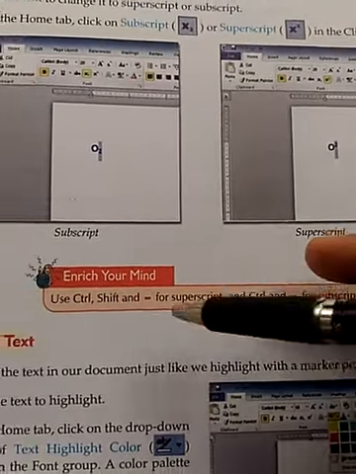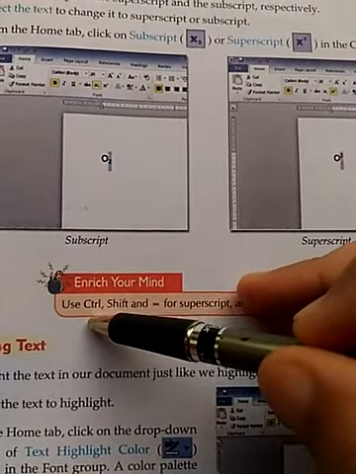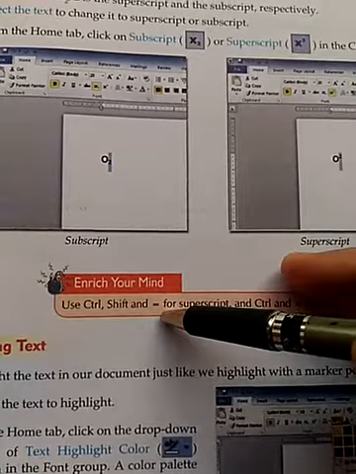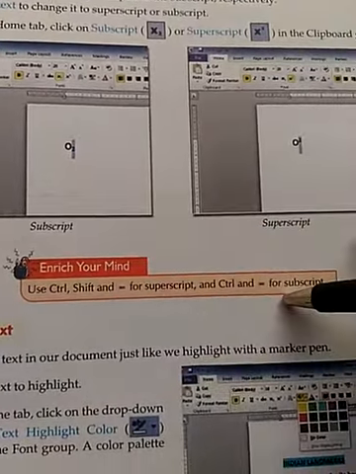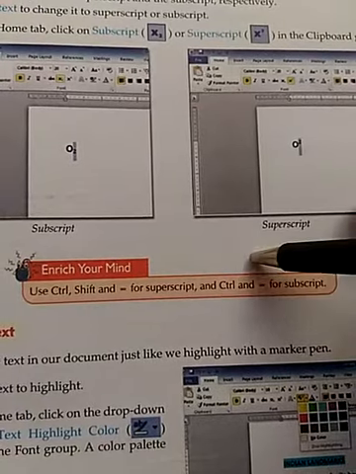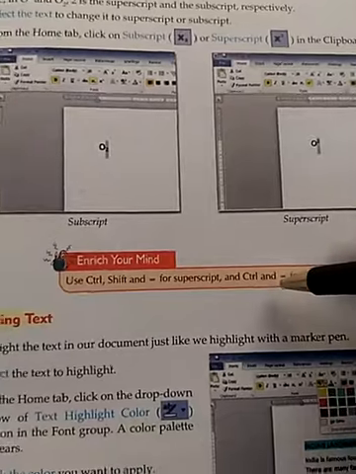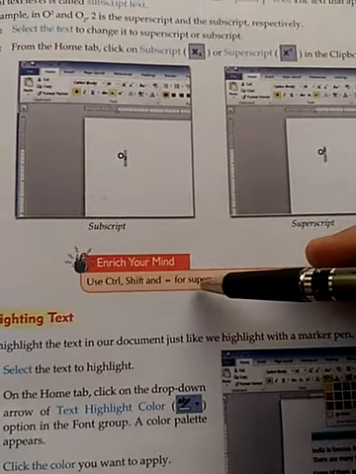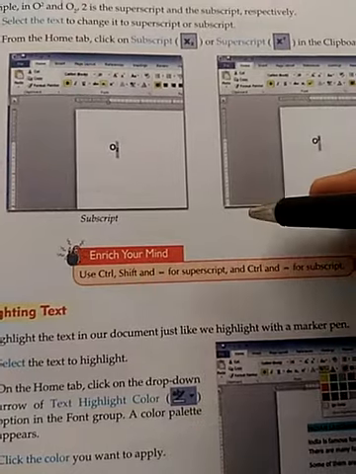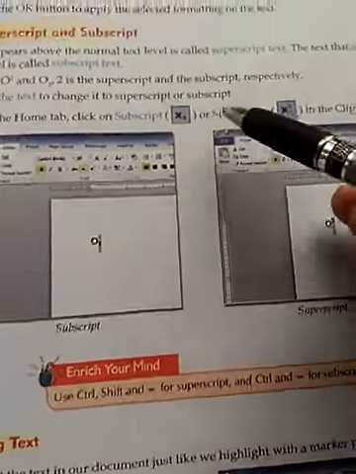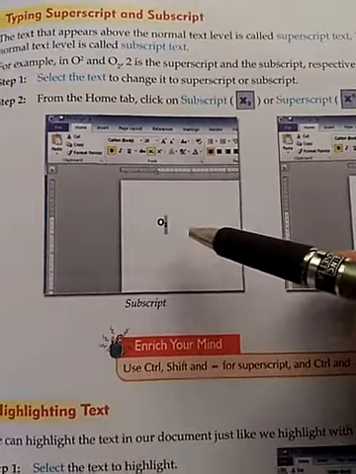So again, the shortcut key for subscript is Control, Shift, equal, and you need to press these keys together, and for superscript it is Control and equal. In the same way, if we want to make the text normal again, press it again or click on this button, and it will move back to the normal text.